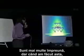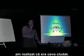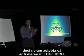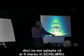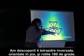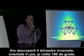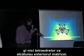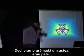There is a bunch of them together, but when I did this, I realized there was something weird. There was something weird in the middle of the matrix. Because the matrix is called isotropic, you would expect that it would always be in balance, that it would always be in symmetry. But there was an asymmetry in the middle. I found 4 reverse tetrahedrons pointing down and rotated 180 degrees. And they didn't belong to the octahedrons, and they didn't belong to the tetrahedrons that made up the outside of the matrix. So there was a bunch of these, there was 4